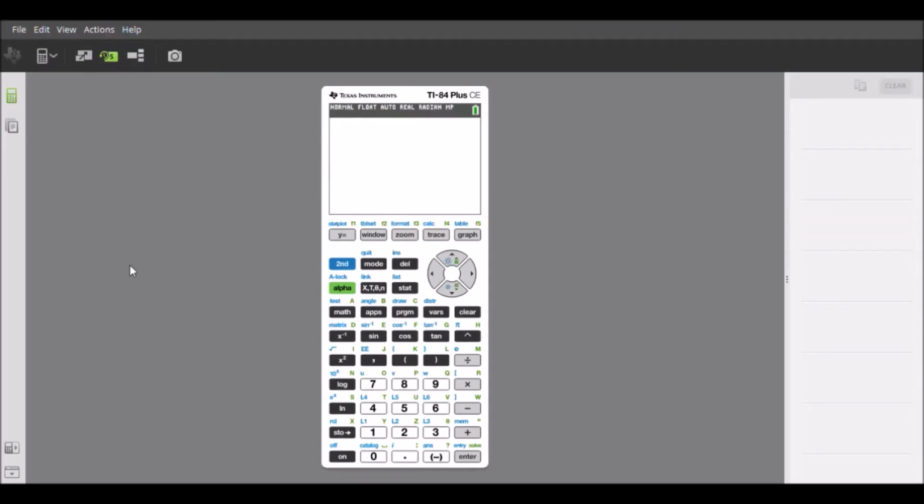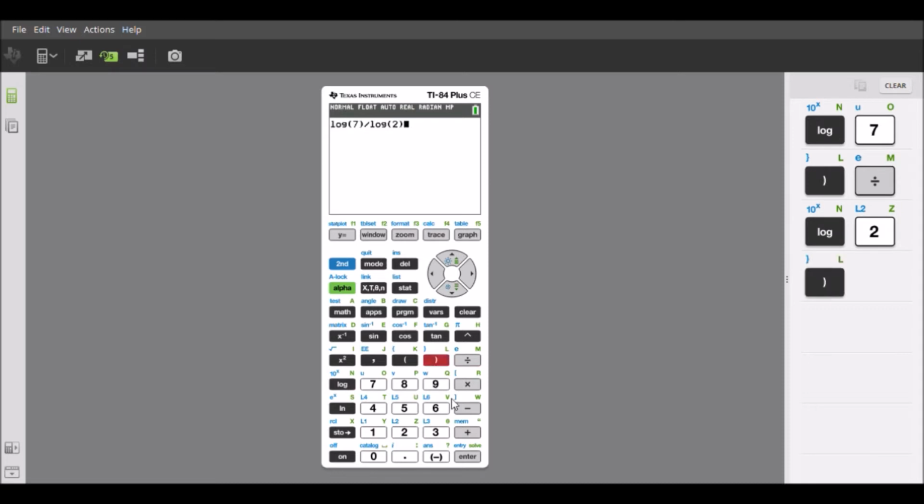To evaluate these logarithms using the change of base formula on the calculator, I'm going to show you how to do it on the graphing calculator, but it's the same on any scientific calculator. I'm going to look for that log button. I'm going to push log, and I'm going to say 7. Make sure you close the parentheses. This is very important. Then I'm going to divide this by log 2. I'm going to push enter, and it's giving me about